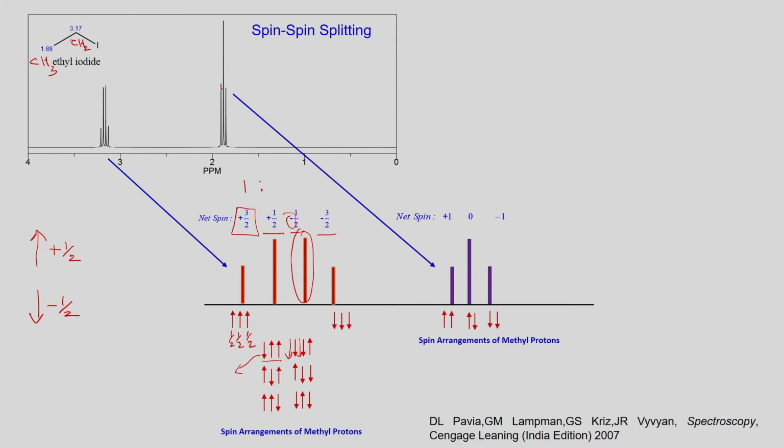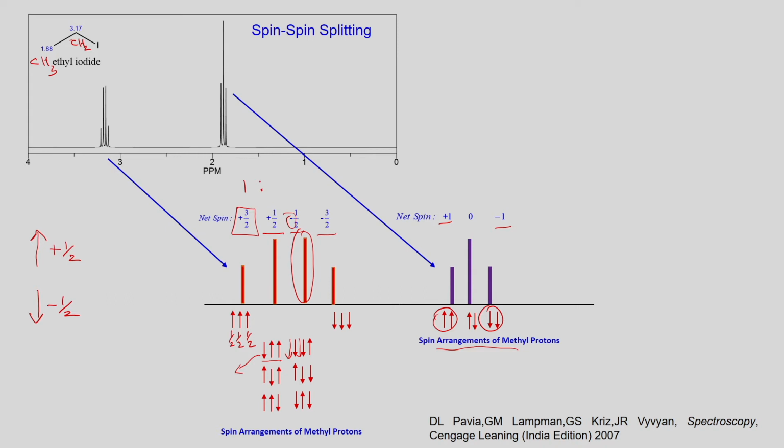Now, on the other hand, this particular one is having a spin state equal to CH3. So, CH3, sorry, this is CH2. So, CH2 will have a spin arrangement something like this. The methyl protons may either be downward or upward. So, it can be either plus 1 or minus 1. So, it is fairly simple. Either you can have both the plus half spin states upward or you can have both the spin states downward. So, now either of these will be making it minus 1 and plus 1. Okay. So, this is what we have about the spin arrangements of this particular molecule.